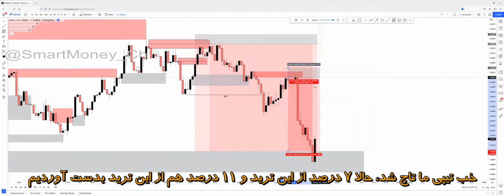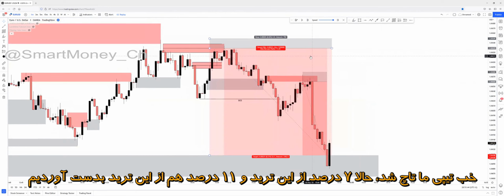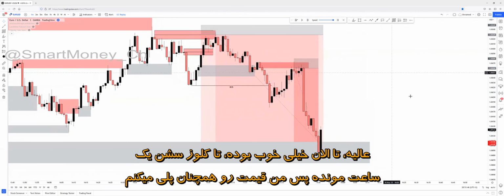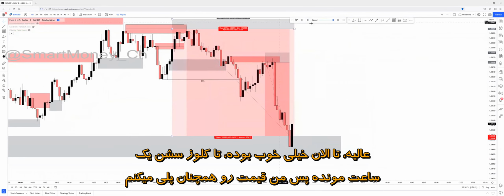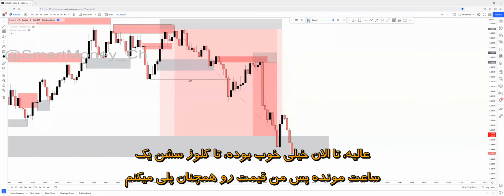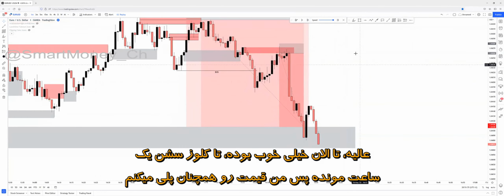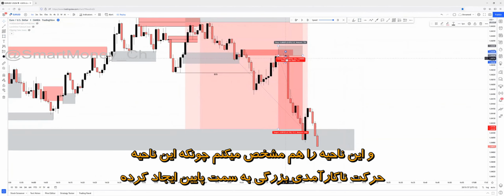We booked 7.6 risk-reward ratio on this trade and 11 risk-reward ratio on this trade. Perfect. So far, so good. Session close is 1 hour away. So I just play price forward, and I will actually mark this zone out,